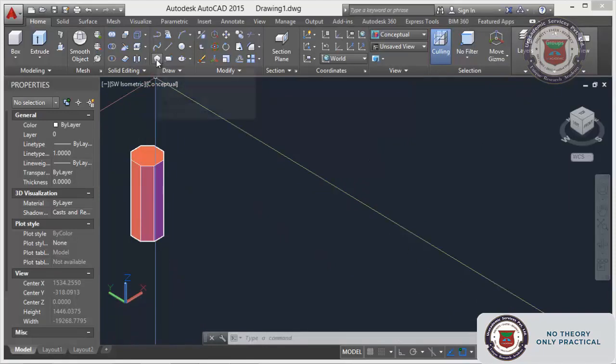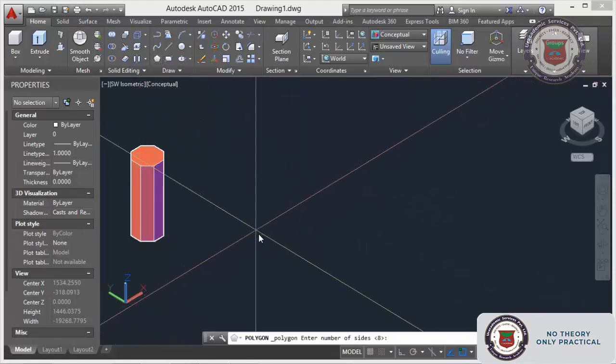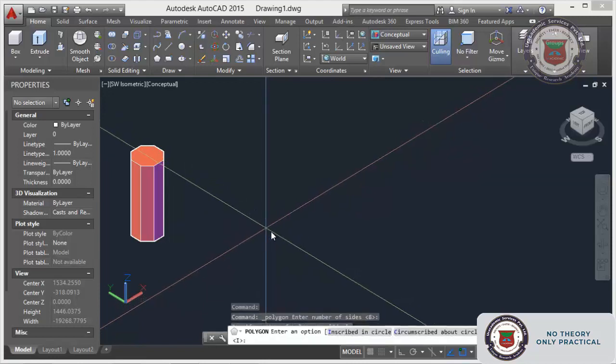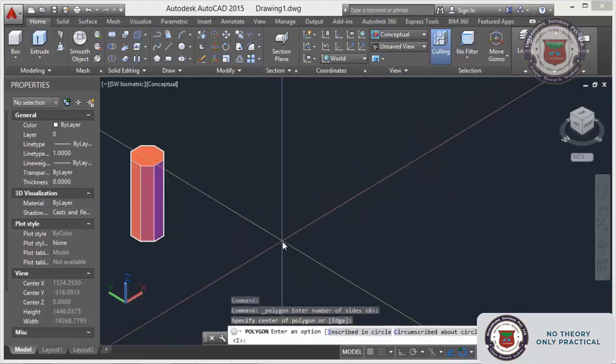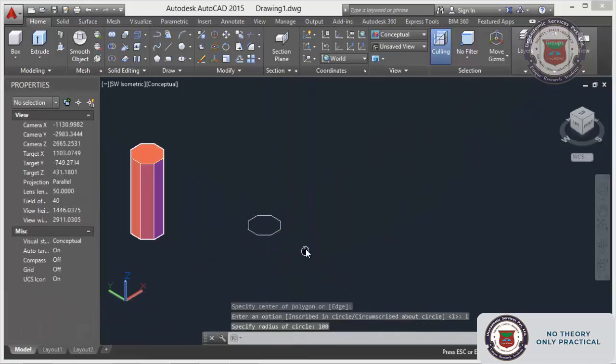Again I am selecting the polygon, number of sides 8, center, inscribed, 100. This is my object.